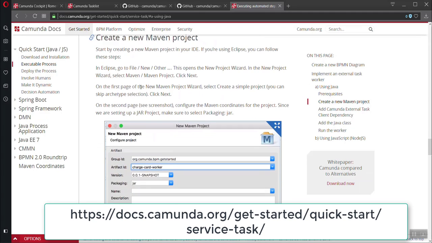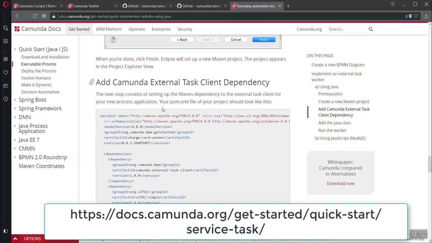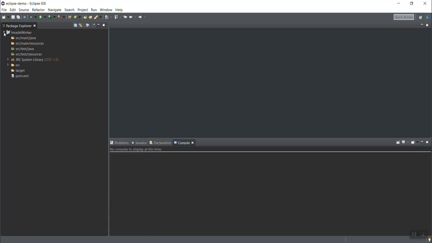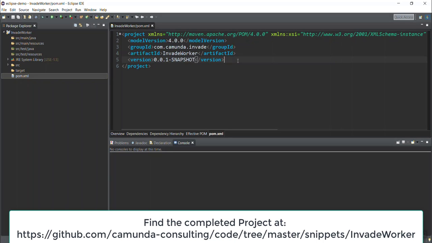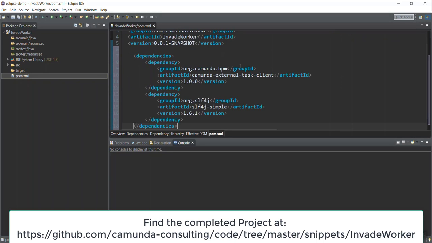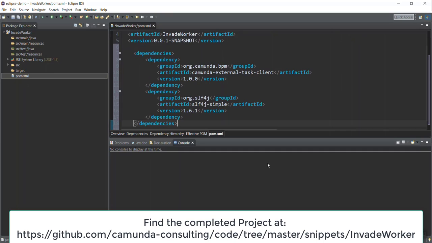You can see here that I've already created my Maven project, and now I actually just need to add some dependencies to my worker. So you see here we need these, so let's just copy that and go back to my Eclipse project. At this point this thing is built. The POM file is the list of dependencies that we need. I'm going to open that up and put in here the dependencies, and I'm going to use a different version.